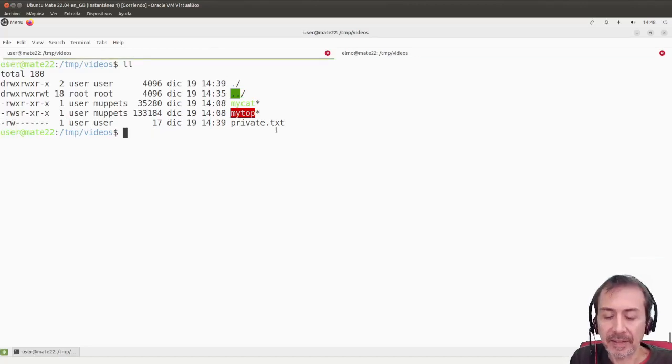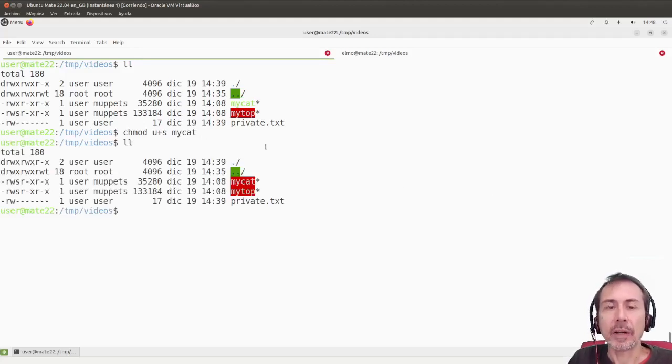But if I set the set UID bit to mycat, then anyone who runs the mycat command will be able to do the same as user. So if user has access to this file, to private, then using mycat, you will be able to access that file. So for example,